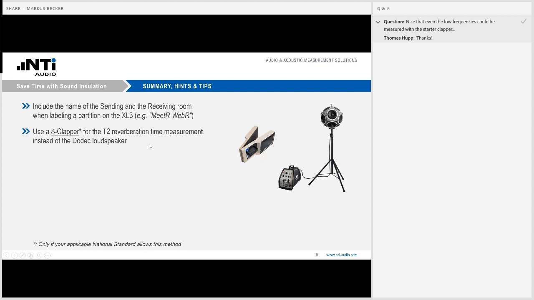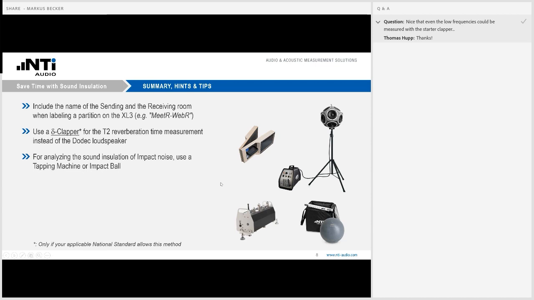The dodecahedron is, of course, always a valuable source for reverberation time measurements. The XL3 can cope with both signals, with the bang from the Delta Clapper as well as the pink noise from the dodecahedron. But if you have the choice, the Delta Clapper is really a nice solution to save time.